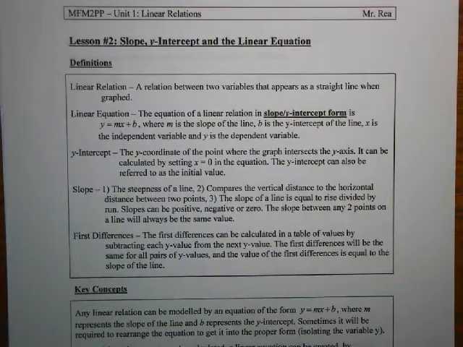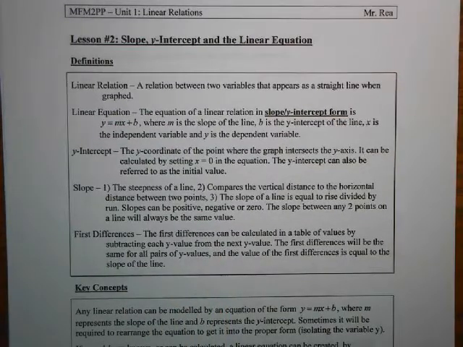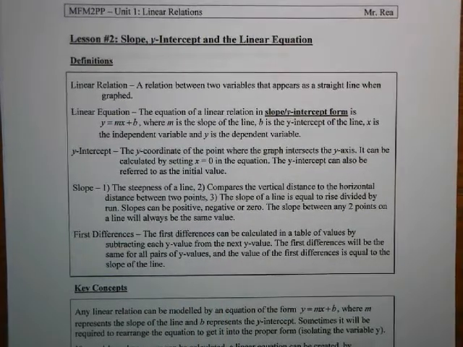That's a good way of looking at it initially. But if you go a little bit deeper, we're basically comparing the ratio of the vertical distance that the line changes compared to the horizontal distance. So we look at something called the rise and the run between 2 points